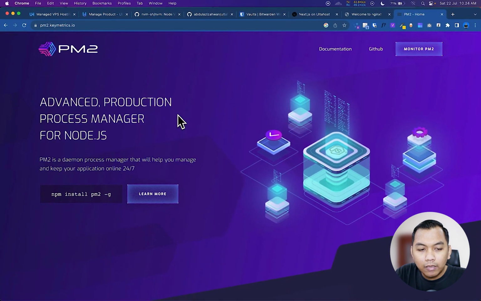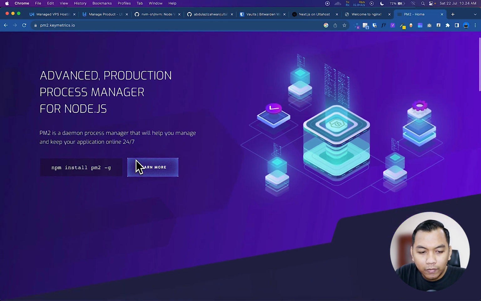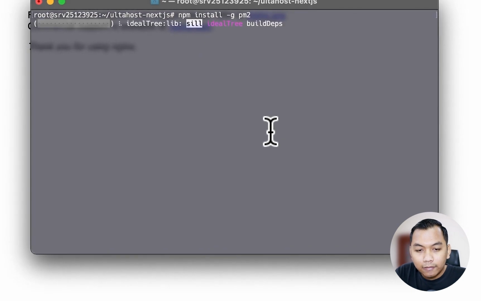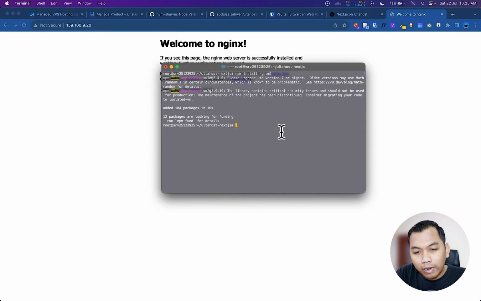So pm2 is a production process manager for Node.js. It is a daemon process manager that will help manage and keep our application online 24 hours a day, 7 days a week. So we can see here npm install pm2 -g. We can just press enter, wait a second. Alright, so we have installed pm2 in our server.